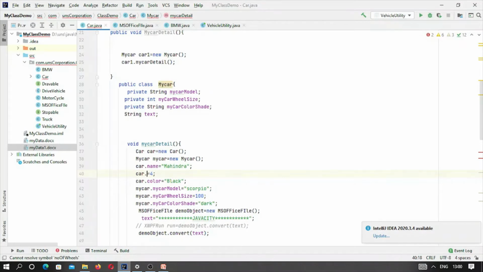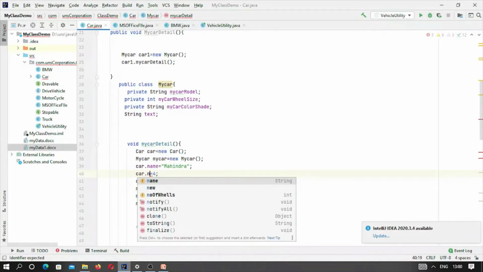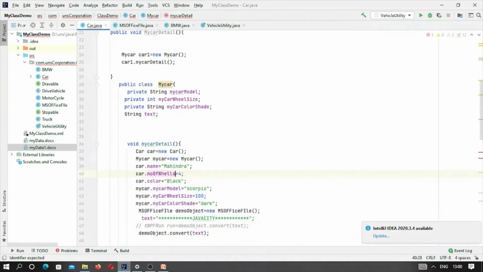And car dot number of wheels is four, and car dot color is black. So these are the field initializations of the outer class, and these are the field initializations in the inner class: my car dot my car model, here it is my car model, this is Scorpio, and my car dot my car wheel size is 100, and this may be of any unit, maybe centimeter or inch.